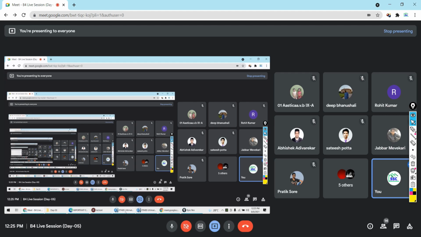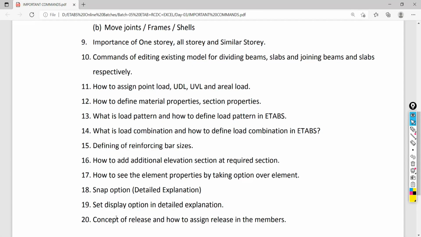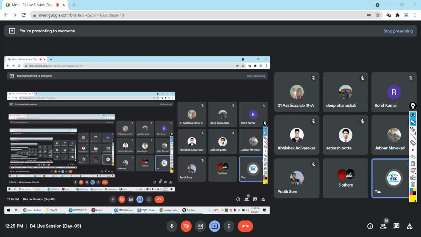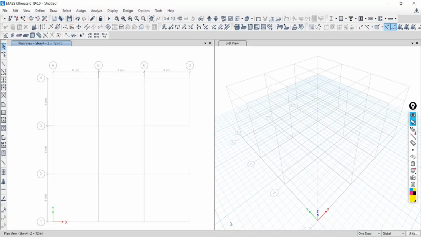Next point is we need to define the material. Basically, if you are going to start work in the ETABS software, the first step is modeling. But before modeling, you need to define something. If you are going to model a structure, you need to define the materials you want to use for your model. You need to define the section properties of column, beam, slabs, with which you can proceed to the modeling of the structure. So many things you have to define before the modeling.